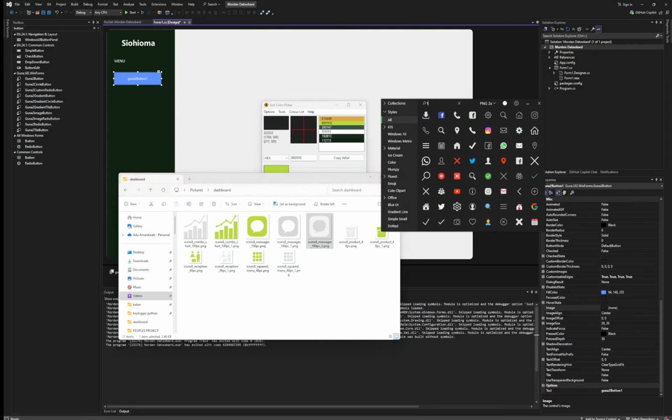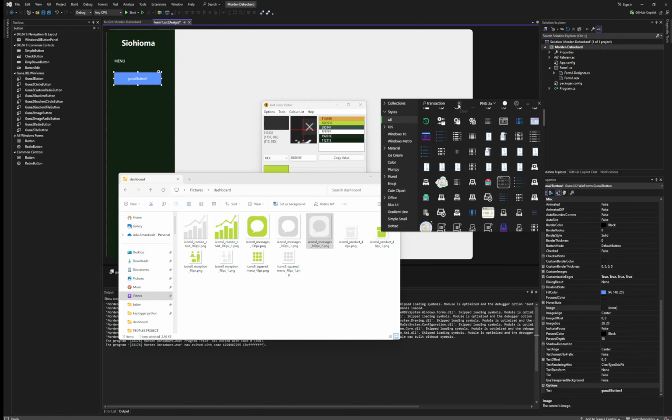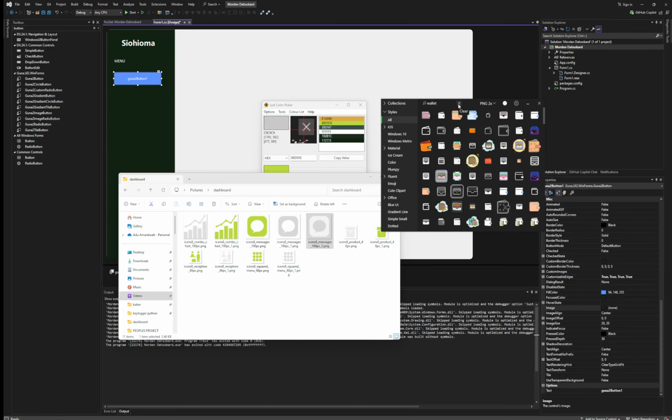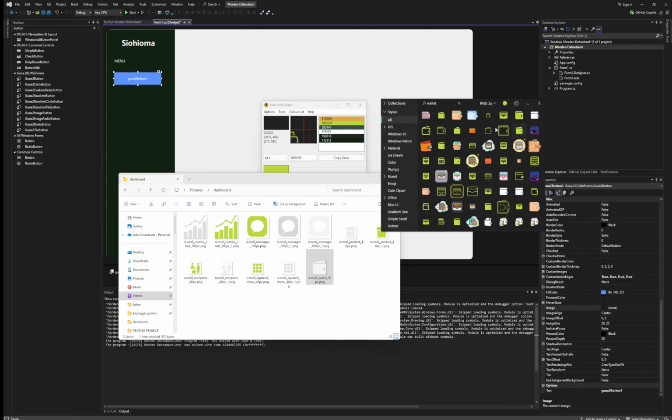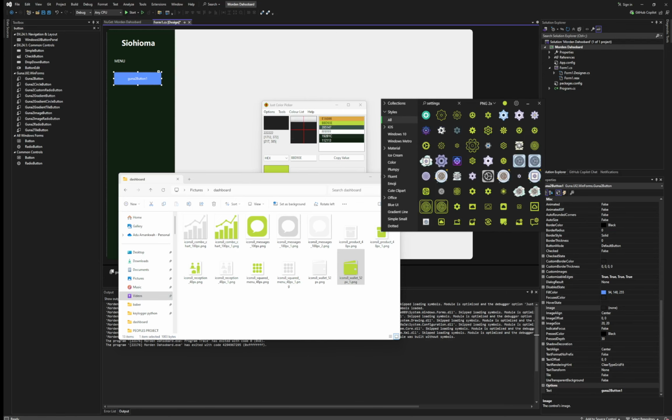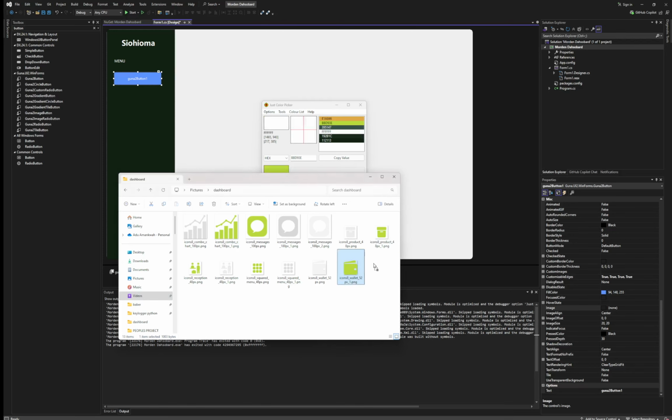So let's say transaction, and we can use this guy, or we can use a wallet style, any of them. Let's just say wallet. So we have this wallet, we can use it, or I prefer using this wallet. And let's just go in for the selected color, and then we choose our wallet. So the next one is going to be settings and security, right? So we have settings. I'm just going to go in for this settings,